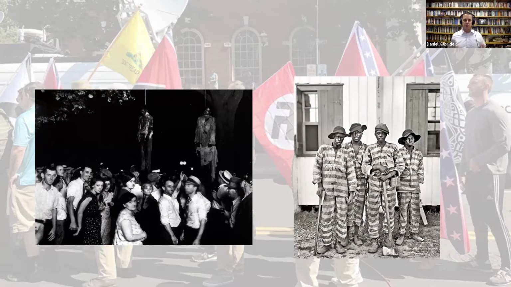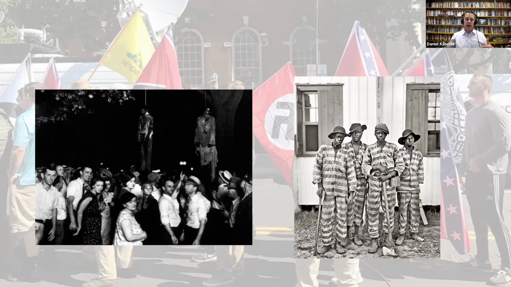This is the era of Jim Crow, the era in which white Southerners systematically created a situation in which African-American peoples, the vast majority of whom lived in the South, were relegated to second-class citizenship. They did this in a number of ways. The so-called Jim Crow laws, things like colored water fountains and waiting rooms in bus and train stations, one for people of color, one for white people, school segregation. I mean, the list goes on and on. I'm sure you've heard this before.